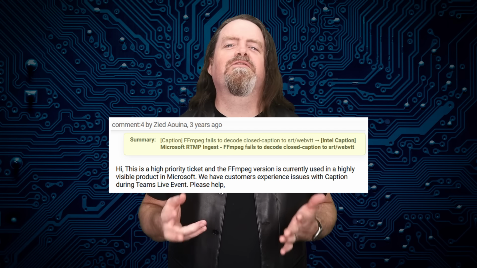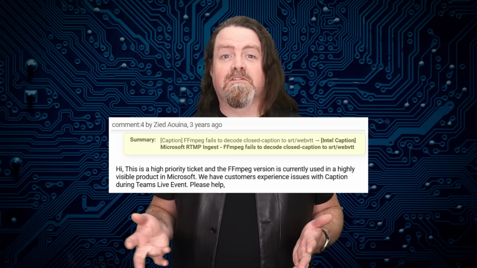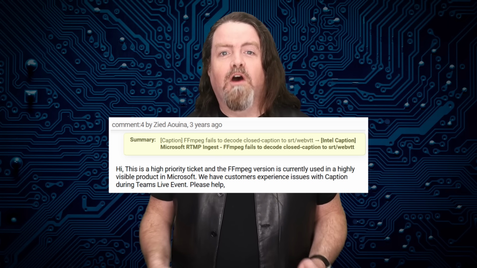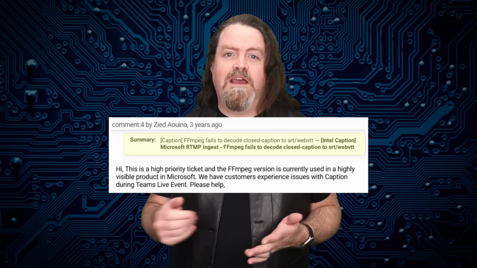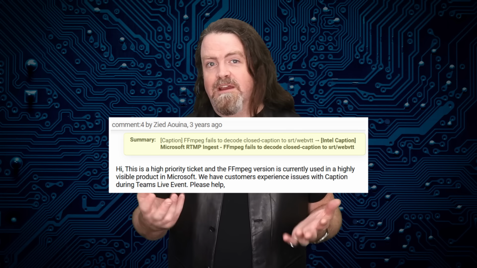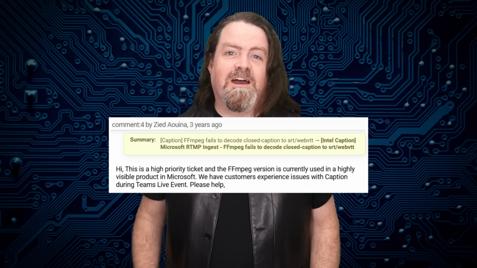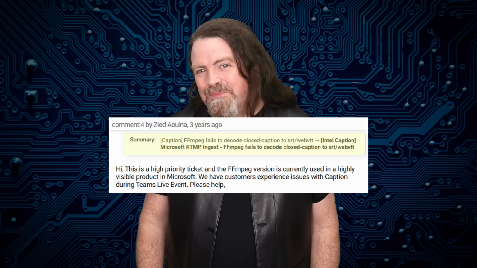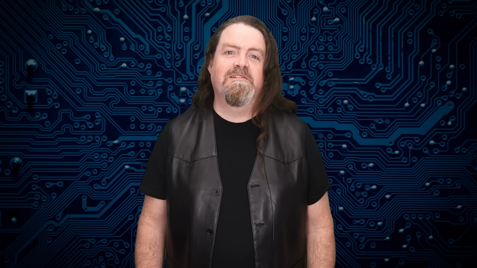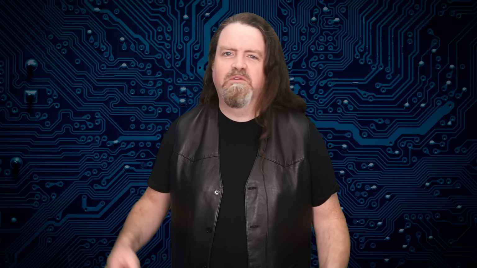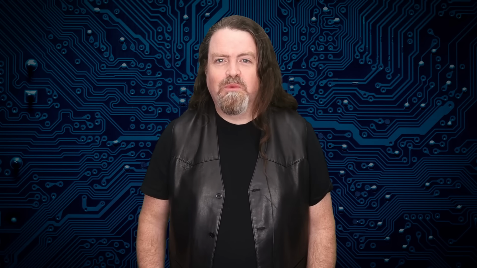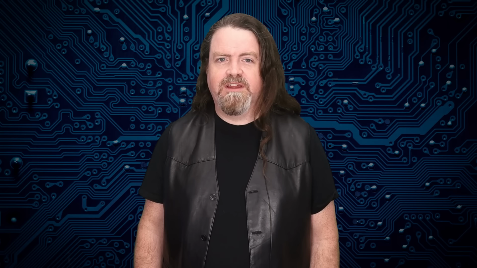It would be nice to think that Microsoft Teams could come up with a more constructive way of engaging with the maintainers of FFmpeg than expecting a request for free support to be treated as a high priority ticket. But unfortunately, this sort of interaction between large corporations and small open source project teams is not remotely unusual. We're not all Microsoft, though, and that's where the one-size-fits-all model breaks down pretty quickly.